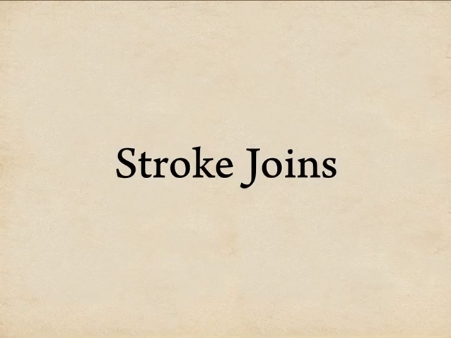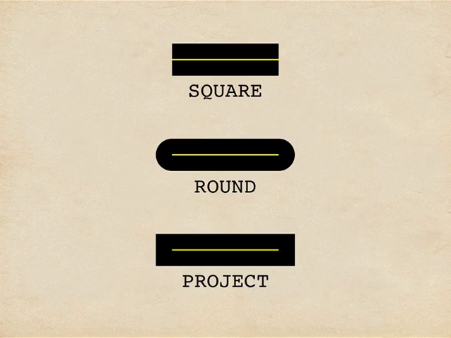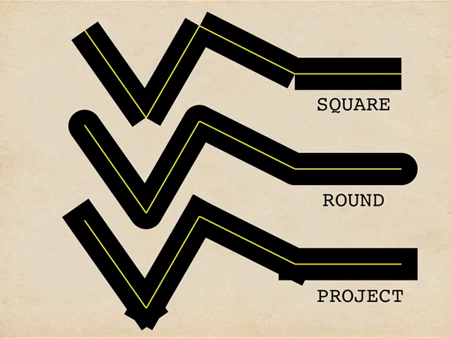Processing gives us three different things called stroke joins. We saw in the video on stroke caps that processing offers us three different treatments for the ends of lines. When we draw a series of lines using these different treatments, we get different results. What we're seeing here is the result of drawing many independent lines that just happen to touch one another at